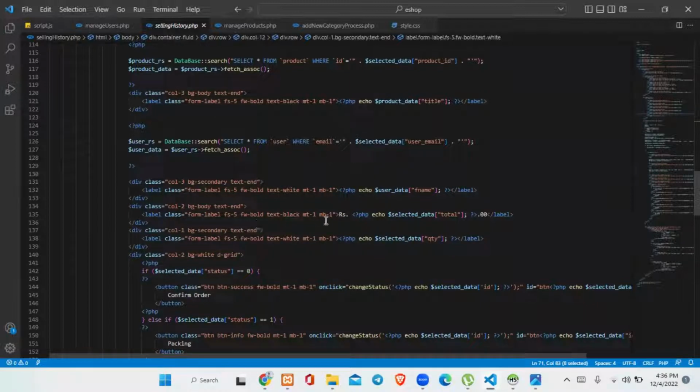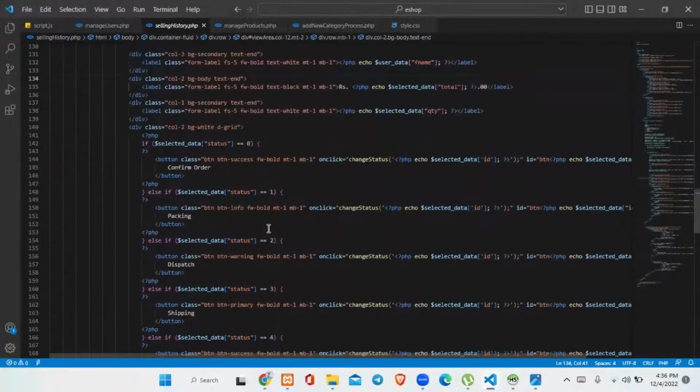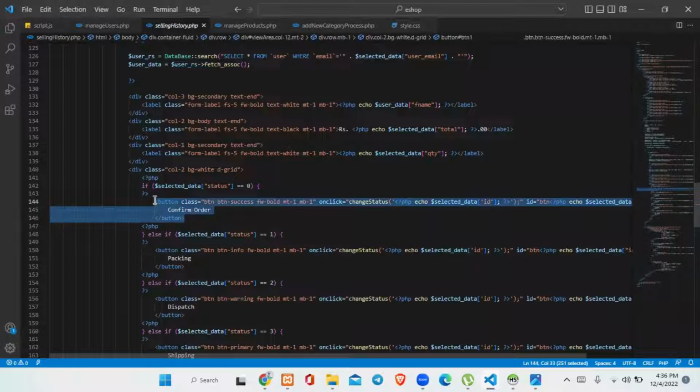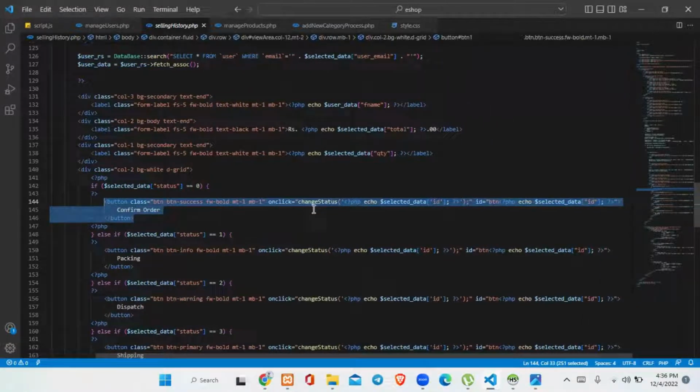Then for the total, also the same stuff, but for the main div, I have given col 2. Then for the quantity, also the same things, but col 1. Then for the col 2, what I have done is I have given this. So don't mind the others, such as the if and the else if. We'll only be using this part of the button. In this button, I have given a BTN success, FW bold, and an MT1, MB1, and an onclick with a change status. We'll not be talking about this change status, but for this,